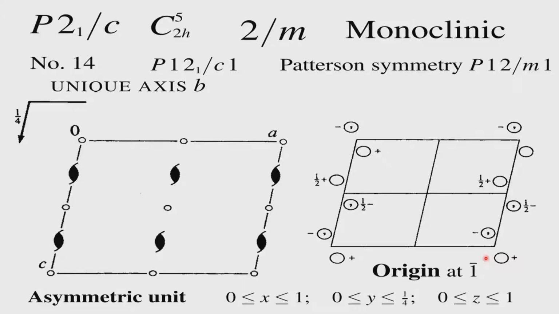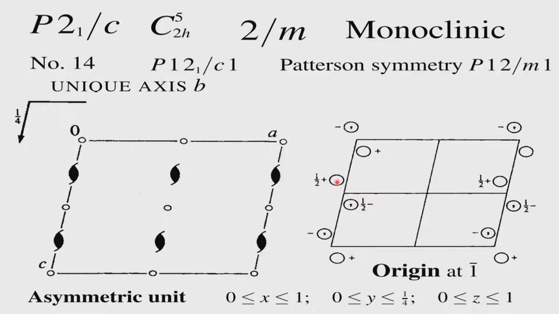Now, looking at the equivalent point diagram, is it possible for us to identify the symmetry element? So, if you look at this point to this point, you get a center of symmetry. You look at this point to this point, you will get a 2-1 screw axis straight away. Okay. So, you therefore have this and a 2-1 screw axis. Now, the fact that there is a center of symmetry here brings a center of symmetry here as well, and these two therefore are related by the center of symmetry. If these two are related by the center of symmetry and these two are by the 2-1 screw axis, then